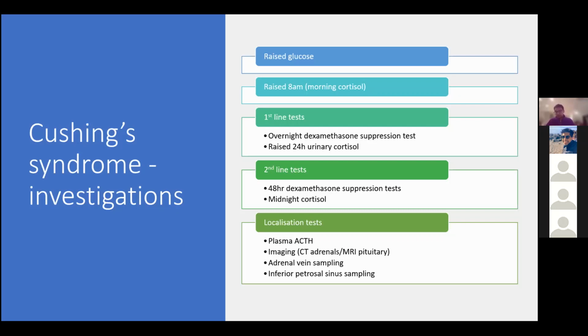And going back to the pituitary gland, if you want to confirm that the pituitary gland is the reason for it, because don't forget, the majority of pituitary tumors are actually benign and they may not be doing anything, you'd often get inferior petrosal sinus sampling to see that the ACTH that is produced in excess is actually coming from the pituitary gland.